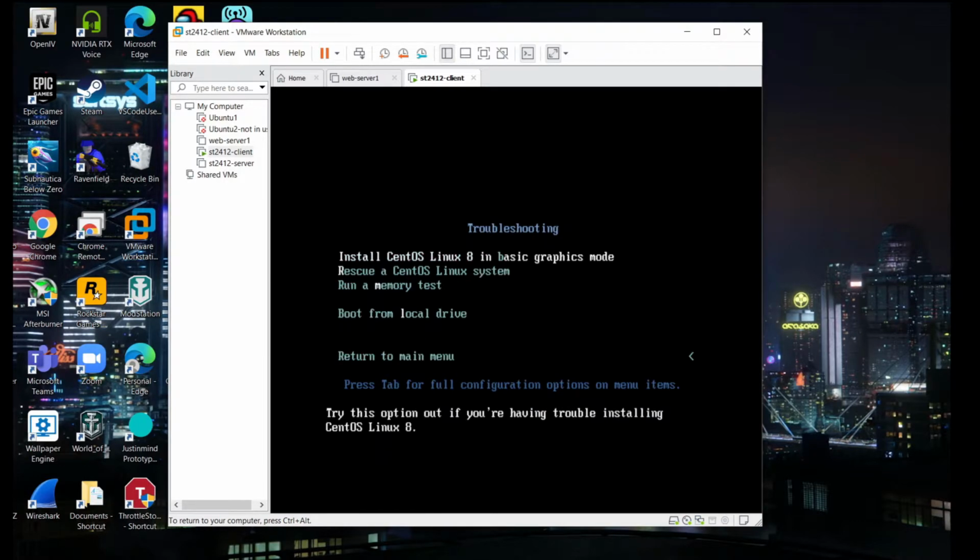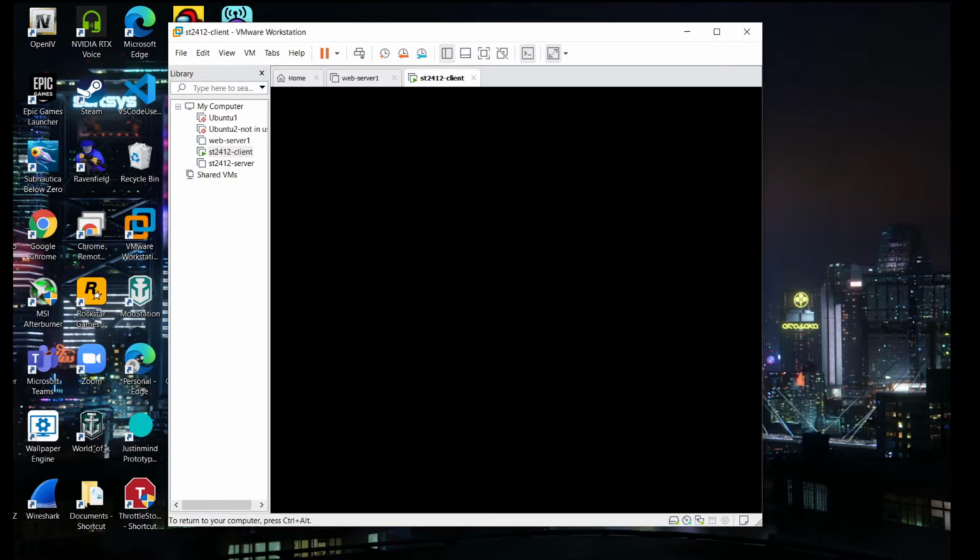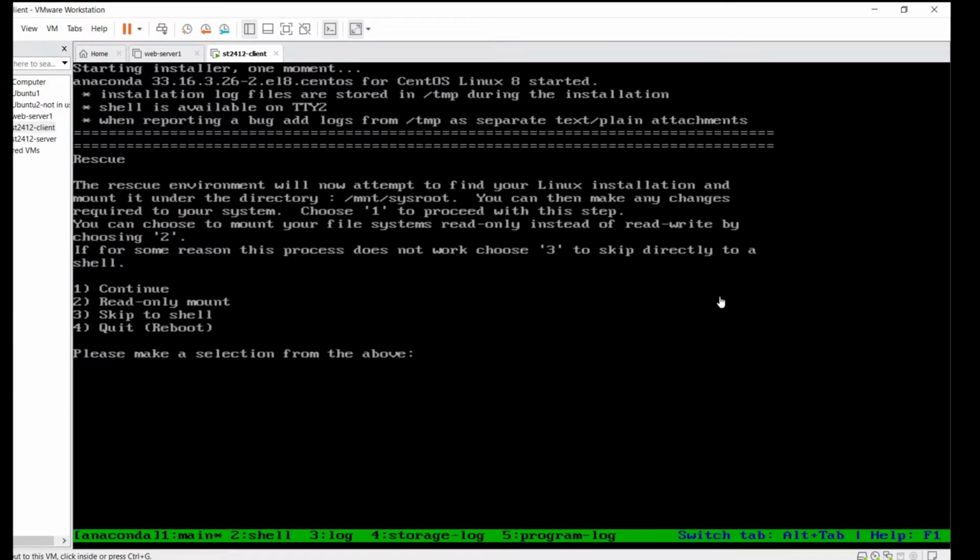Now the VM will load up this menu. I'll then select the troubleshooting option and select Rescue a CentOS Linux system. And this will boot up the rescue environment for my VM, which will take a while. As you can see, I am now currently inside the rescue environment.